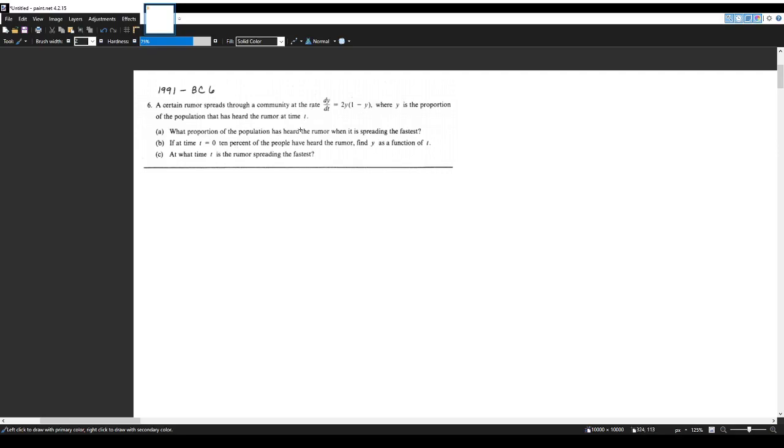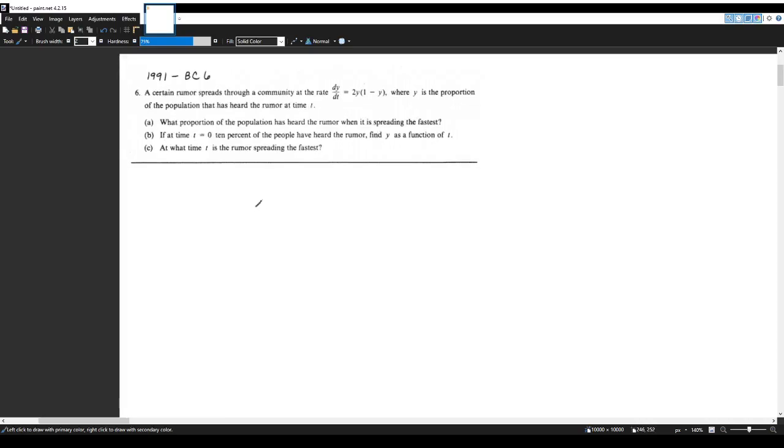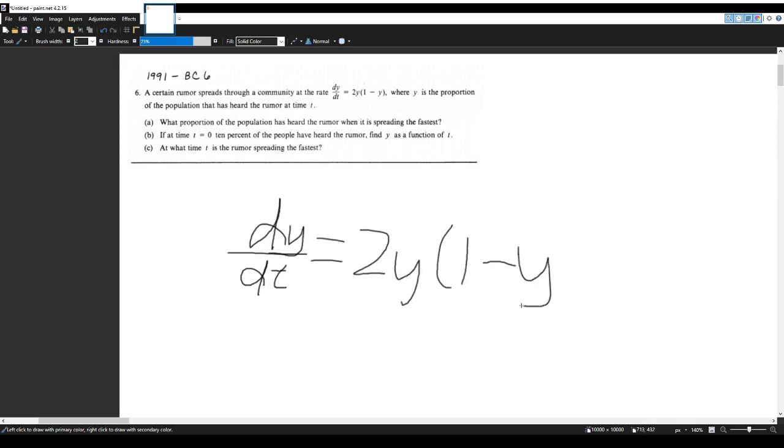Okay, so let's tackle this one by one here. First let's write the thing that we're dealing with, dy/dt. So the change in y as t changes equals 2y(1 minus y). Alright, so